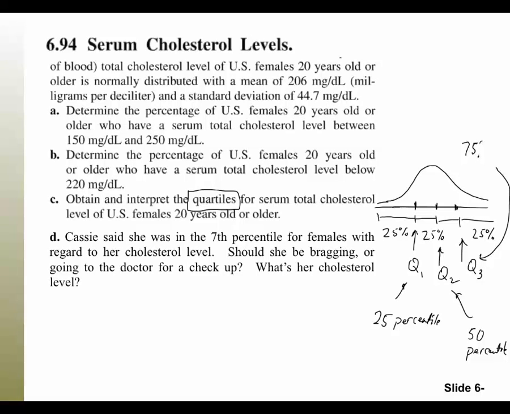Okay, so where are we going to look in the chart first? If we're talking about taking percentiles and finding values, do we have z-scores or do we have areas? We have areas, right? So we're going to start with areas. We're going to start in the middle and get the corresponding z-scores. So let's do the third quartile for this particular data set. For the third quartile, if it's the 75th percentile,